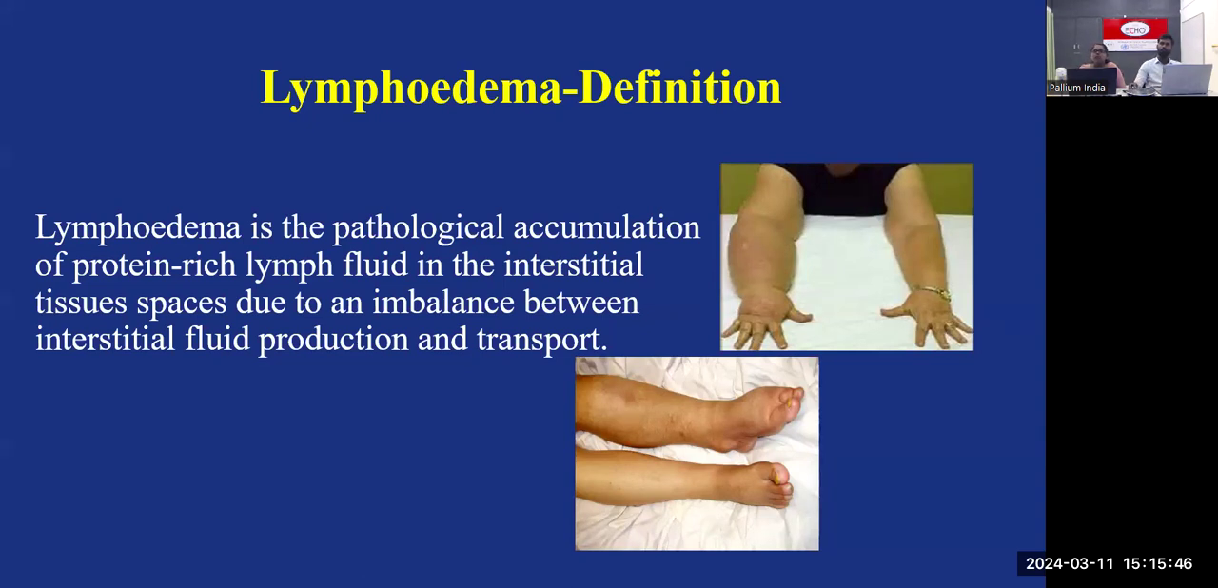Because if there is an imbalance between the production and transport, there is a chance of accumulation of fluid in the interstitial space. Clear? So the production will always be there wherever the arterial capillaries and the venous capillaries are communicating together. Definitely the lymphatic fluid will originate. The production is there, but the transportation will be difficult, because if you remove the lymph node from a particular area,